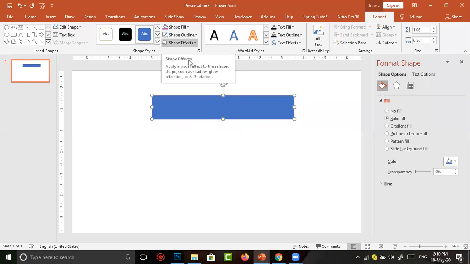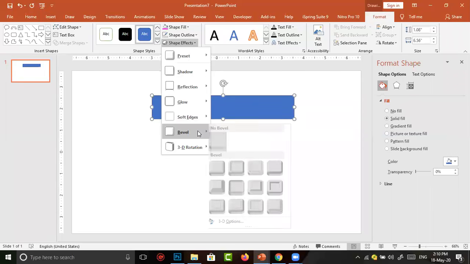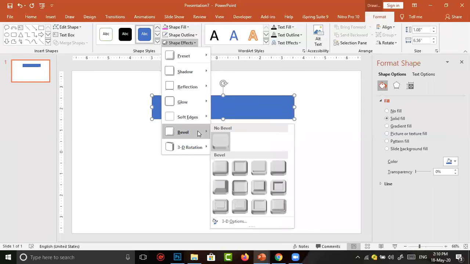So I click on shape effect. Many options are there. For button appearance, it is better to choose the bevel option. So I am going to bevel. In bevel also there are many options. Here, this one I want to give for my button. So I click this one.